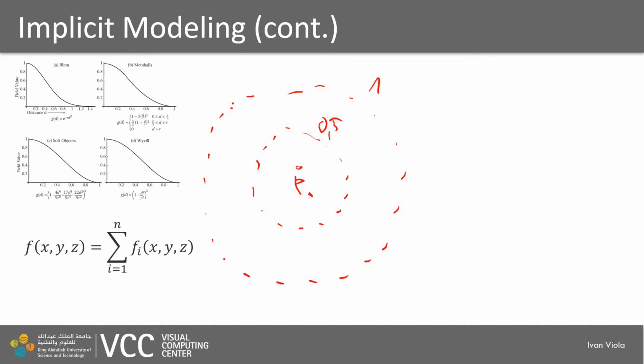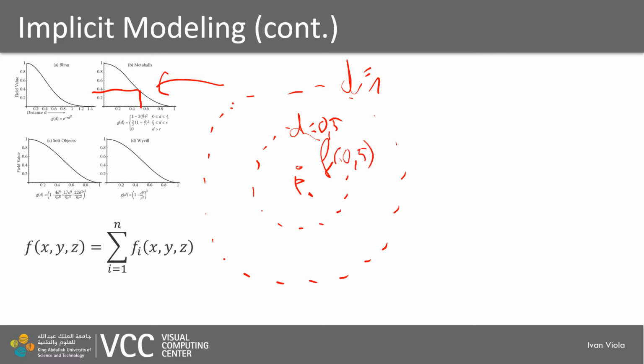And if we use, let's say, the metaballs, at 0.5, we will have a value which will be approximately 0.4 or 0.3. So after applying the falloff kernel, then this distance, so I write here d equals 0.5, d equals 1. And here, at this distance, f